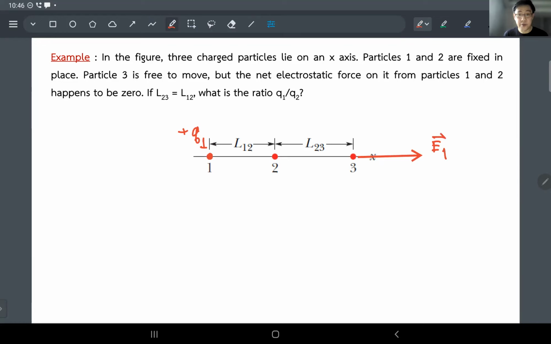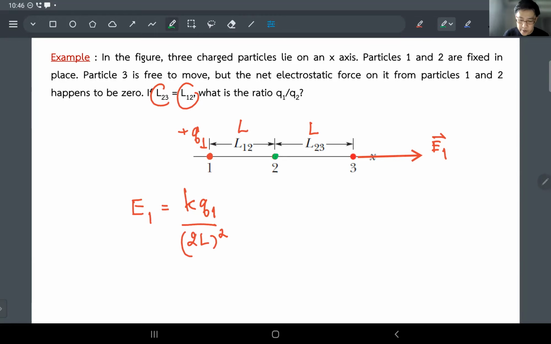Let me name this E1 vector. Do you know the magnitude? Yeah, no problem. The magnitude of E1 is just going to be K times Q1, the charge generating the field, divided by the distance from Q1 to point 3. Because they said the distances L23 and L12 are exactly the same, let me name this one just L, so it's easier to write. So it's going to be 2L squared. Cool, that's done. I know the magnitude of the E1 electric field. Let's do